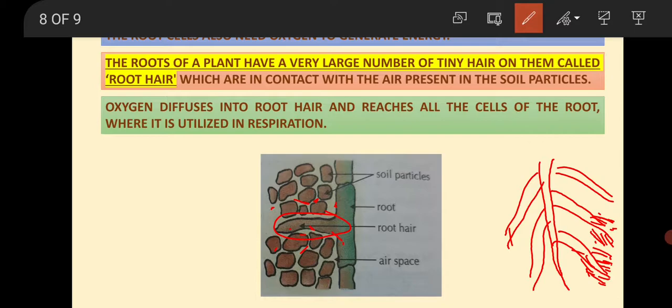So what happens here? Oxygen from air in soil particles diffuses in the root hair and reaches all the cells of the root. So from here it diffuses and then it reaches all the cells of the root where it is utilized in respiration. Carbon dioxide produced during respiration goes out through the root hair by the process of diffusion. So here the process of diffusion